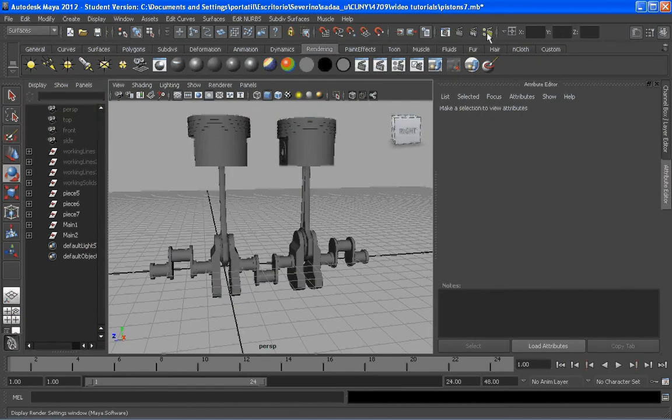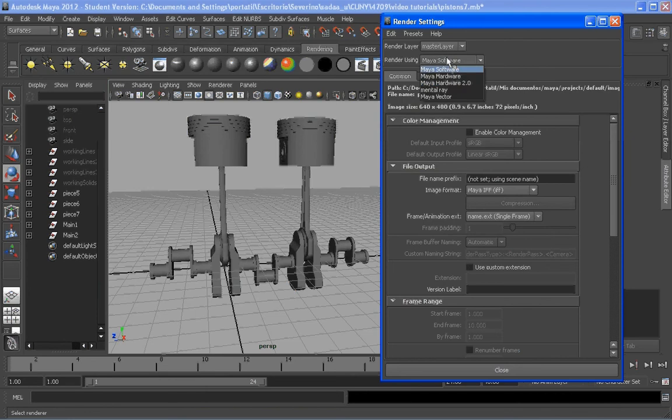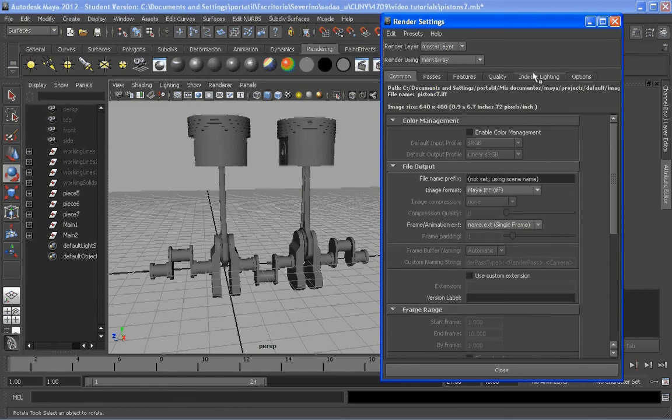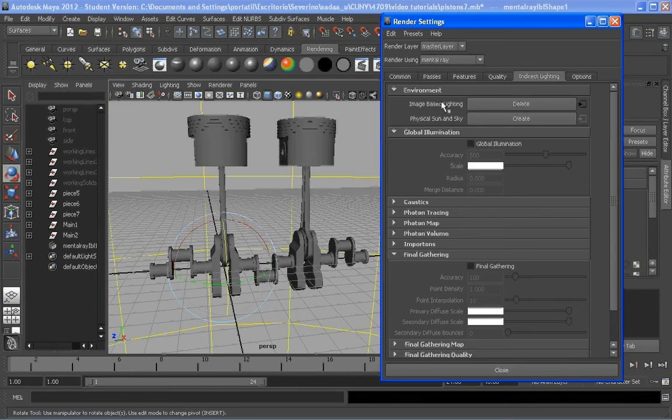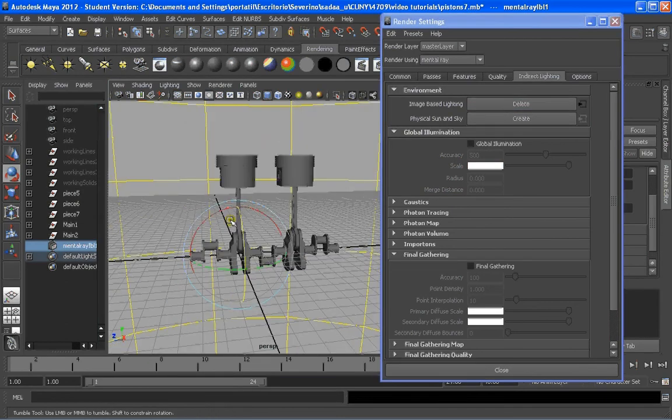First of all, we're gonna go to settings, and as always we go mental ray. We're gonna do Maya software in the future, but we're gonna use mental ray basically the whole semester. So if we press that, this changes, and while I'm pressing indirect lighting here, it takes a while. Let me explain what we're gonna do. Create a dome. We're gonna put an image on that dome, not an HDRI. Let's do it. Create an image-based lighting, and it creates this sphere, which is a dome kind of thing,